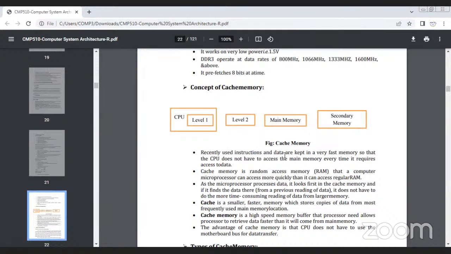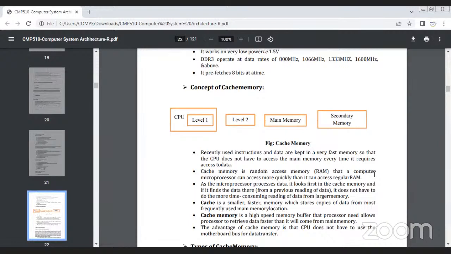जो भी instructions और data फास्ट मेमोरी में स्टोर होता है, उसी से ही वो एक्सेस होता है, और मेन मेमोरी को हर बार एक्सेस करने की नीड नहीं होती है। तो वो जो डेटा बार बार रिक्वायर्ड होता है, वो एक स्मॉल बफर में स्टोर करते हैं, उसको हम कैचे मेमोरी बोलते हैं। ओके, सो cache memory is a random access